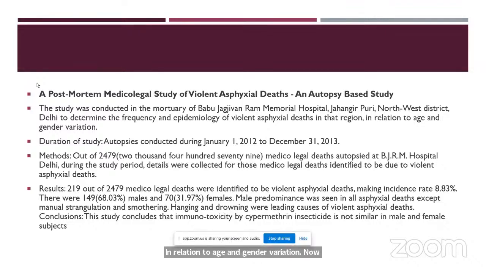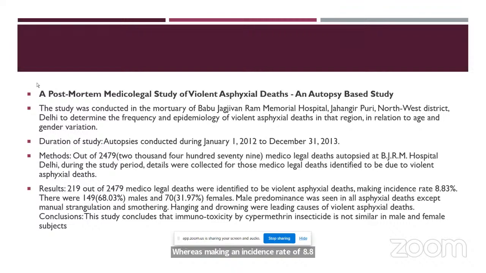Now, the duration of this study was from 1st of January 2012 to 31st of December 2030. The results from this study are that the medico-legal deaths were identified to be violent. Out of 2,479, 219 deaths were identified as violent asphyxia, making an incidence rate of